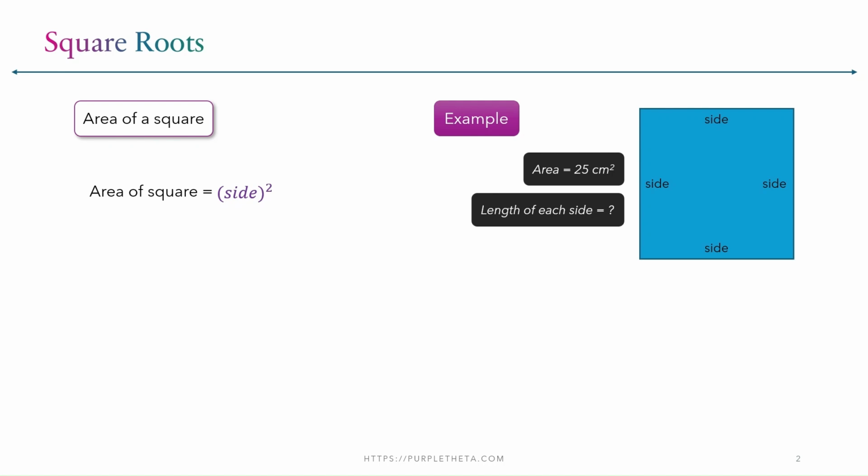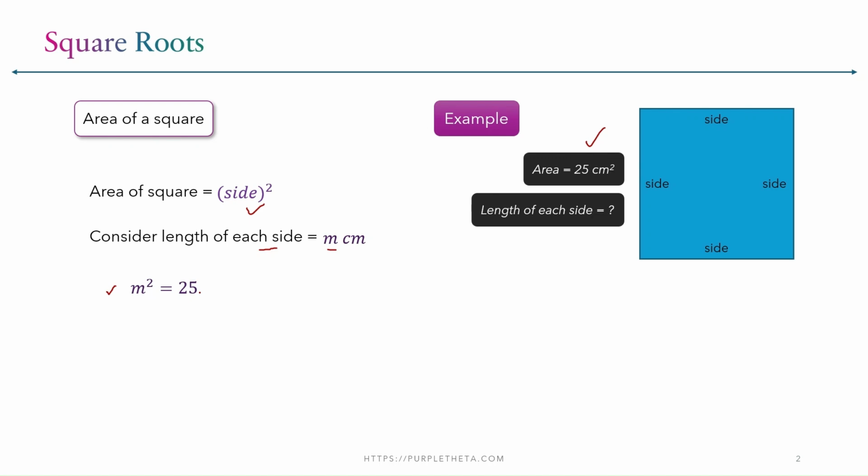We know that area of a square is its side square. Now, suppose the length of each side is m centimeter, then m square is 25, because each side is m centimeter and area is side square. So, side square is m square and area is already given as 25 centimeter square. So, m square is 25. To find the value of m, we need to answer one simple question like which number when multiplied by